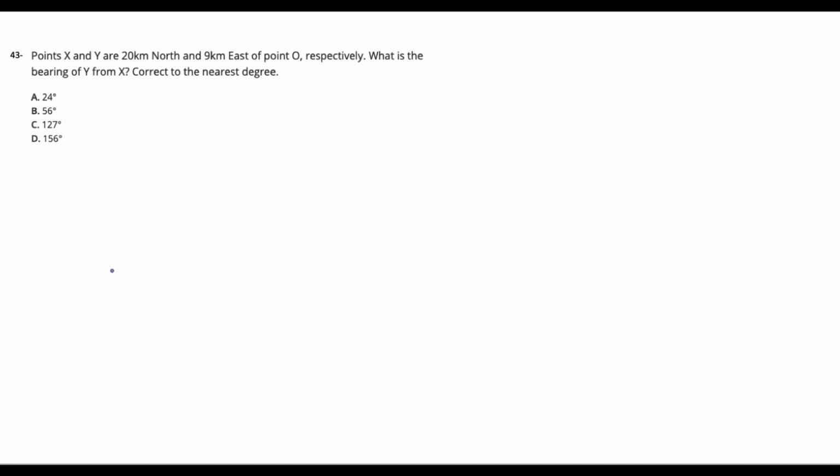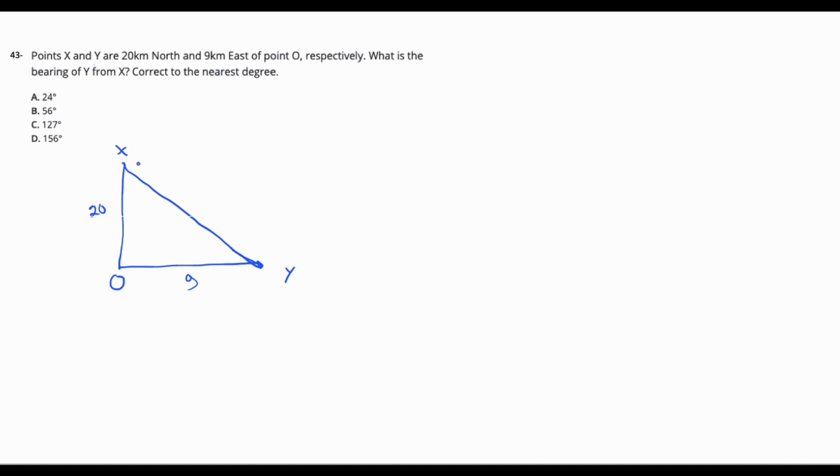So if we assume this is our point O right here, and we're told that point x is north of point O and it's 20 kilometers away. So the distance between x here and O here is 20 kilometers. And we're told that point y is east 9 kilometers. So east is this direction here. So y will be somewhere here. And this distance right here is 9 kilometers. So if we complete our triangle,